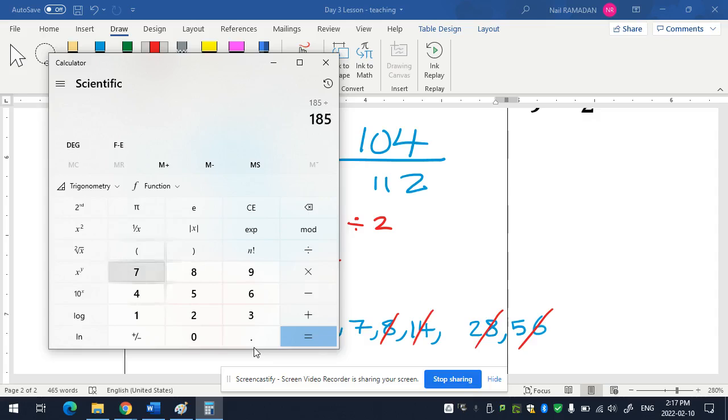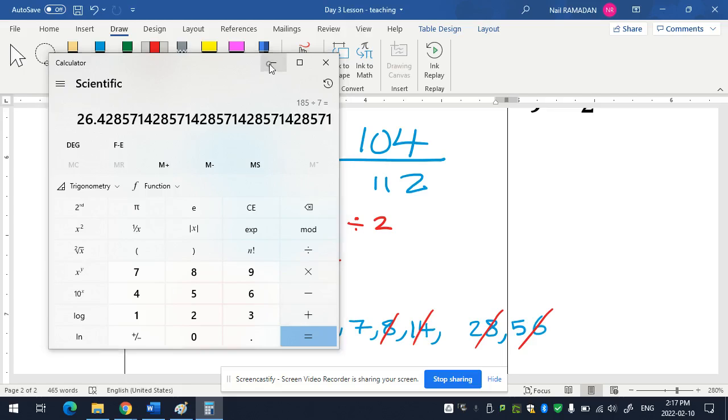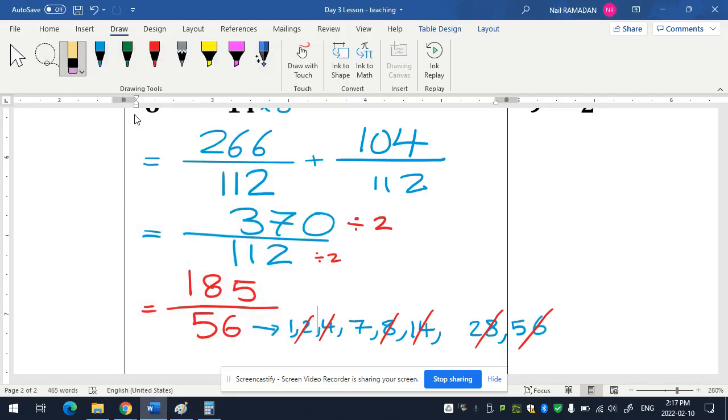185 divided by 7. Oh, so that means what? Are we at the end of our solution? Yes, we are. Apparently, no numbers are divisible. Okay, that's fine. So I'm just going to erase all of it. So that is your final answer. And now, if I actually check it,